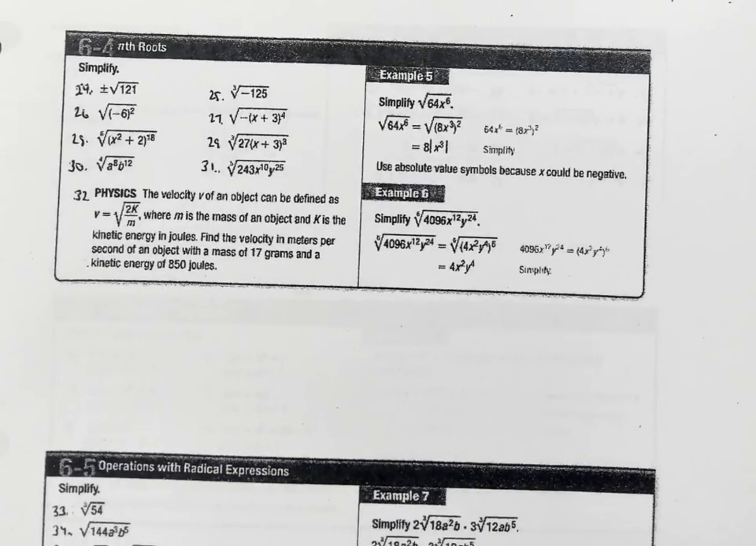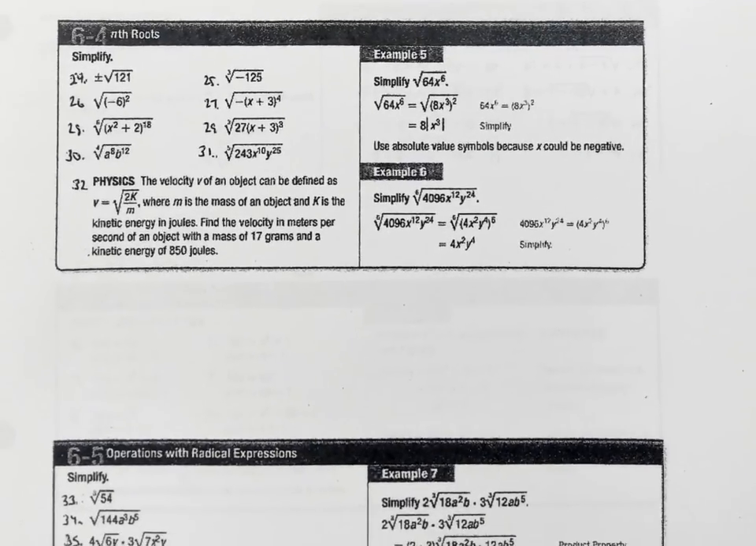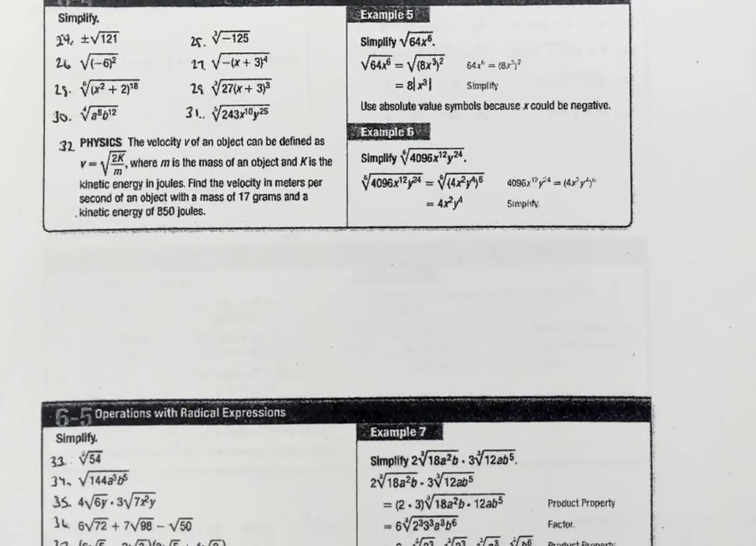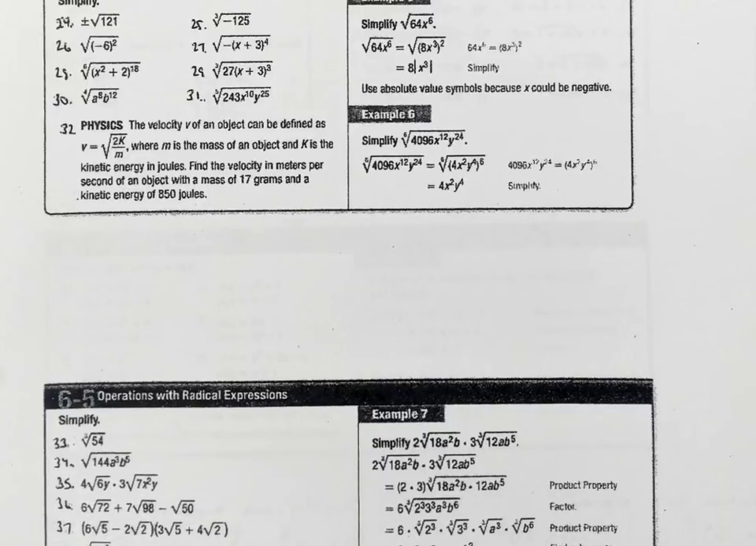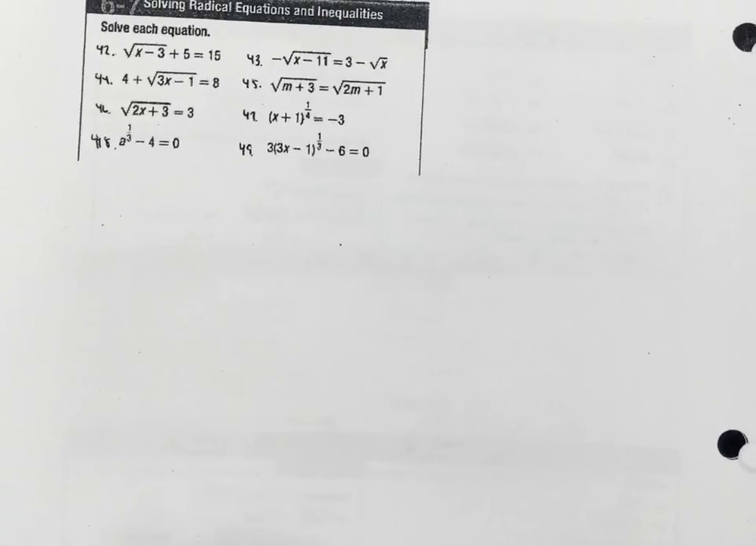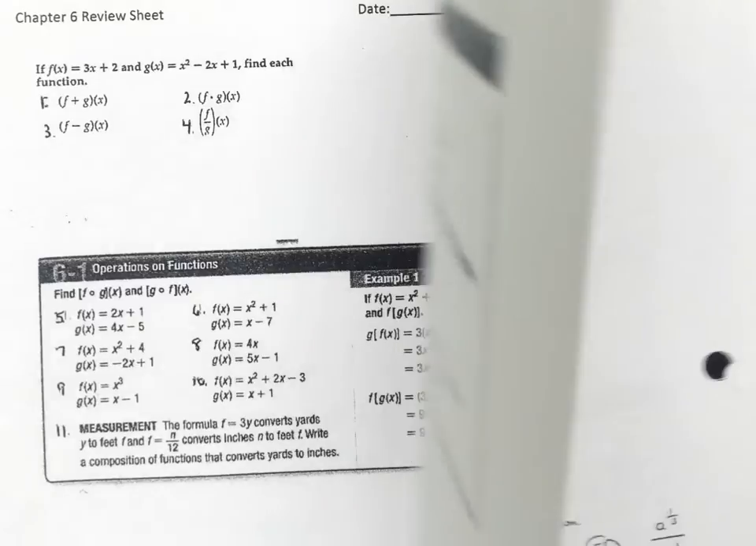Okay, what about page 28? Remember, this is where you had the absolute values, if you went from an even root to an odd power. 6.4 or 6.5. Does anybody need 6.4 or 6.5? Anybody need anything? Okay. And finally, on the back of that is